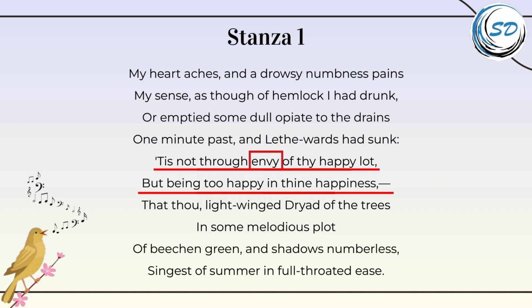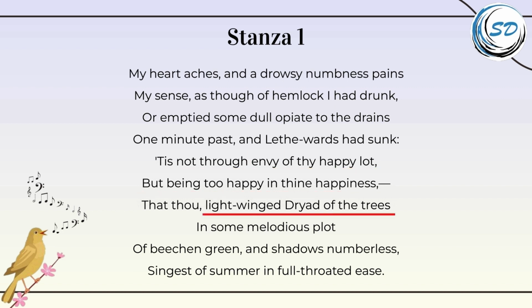nightingale's joyful existence. The bird, which he calls a light-winged dryad of the trees, is a symbol of nature's spirit, specifically a wood nymph associated with the trees. The nightingale is happily perched in a beautiful and harmonious setting, represented as a melodious plot of beechen green, with countless shadows. The nightingale's song fills the surroundings with the celebration of summer, resonating with a powerful and effortless melody